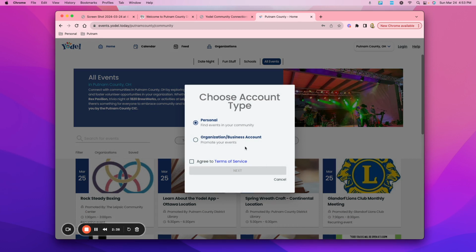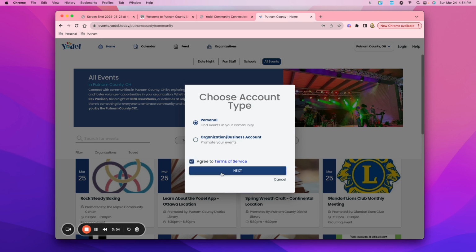If you're an organization or a business and have not been contacted, you could fill that in, and then the company will contact you about how to go about creating an account and getting your calendar, which chances are is a calendar you already have created for your business or organization, and they can just link straight to that.